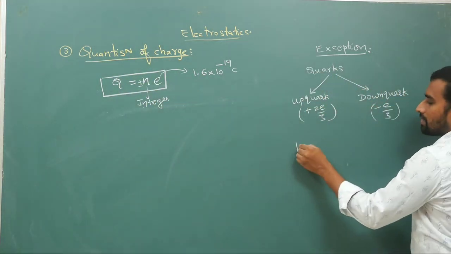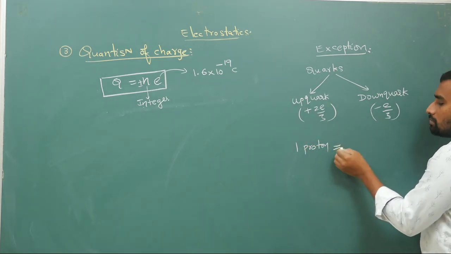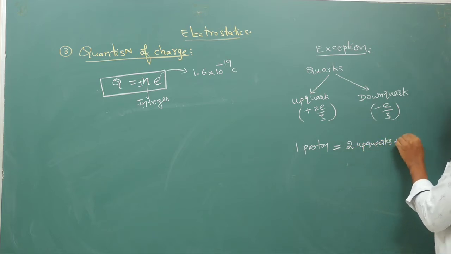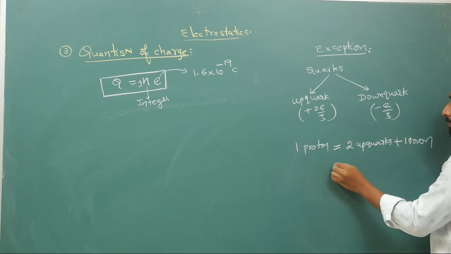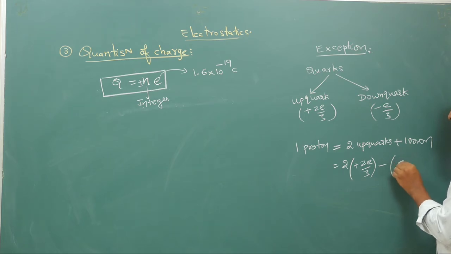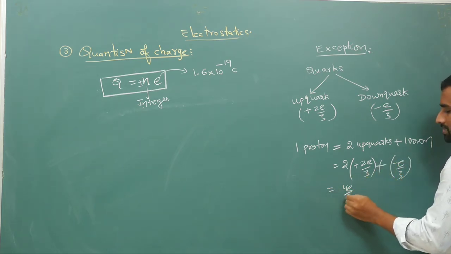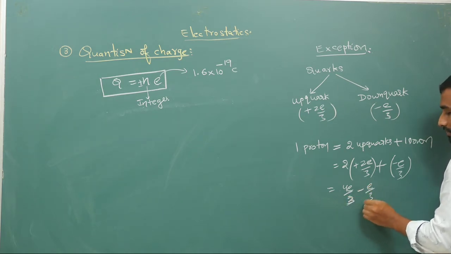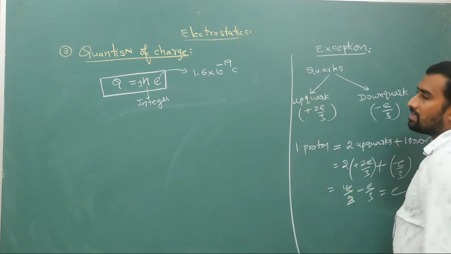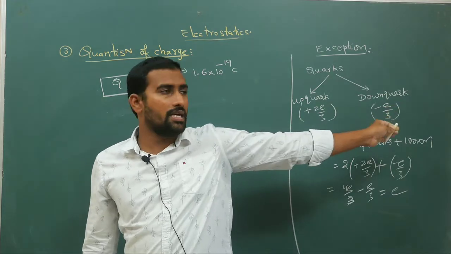If you want more clarity, for example, a proton is assumed to be formed from two up quarks and one down quark. Two up quarks will bring a charge of 2 times plus 2e/3. One down quark will bring a charge of minus e/3. So plus 4e/3 minus e/3 will once again give you e. So the proton's charge is plus e. This is the exception. It is not in the syllabus, I am telling you only for understanding.